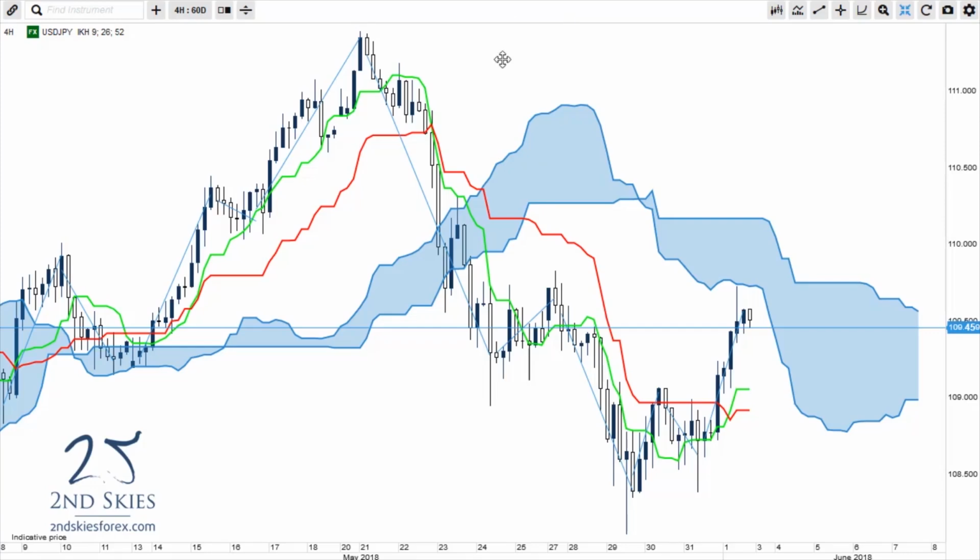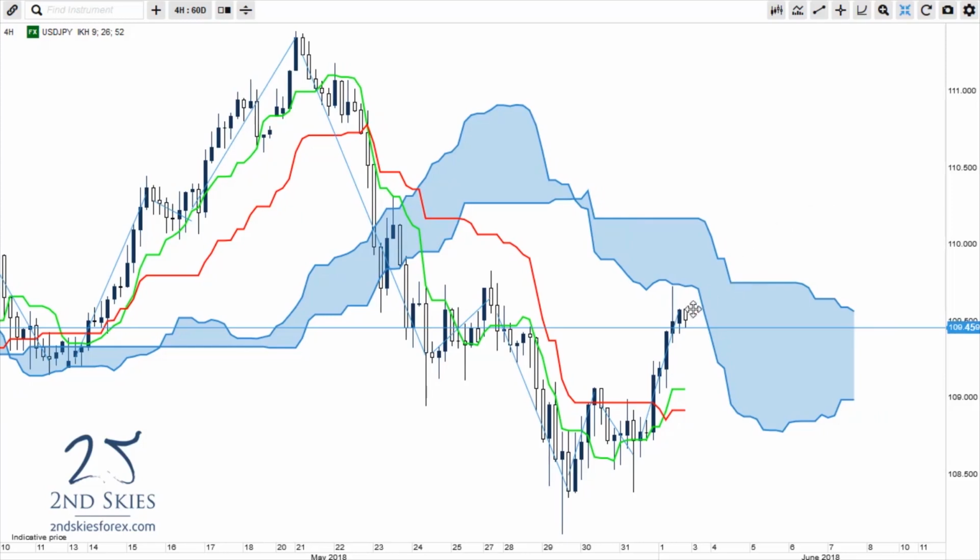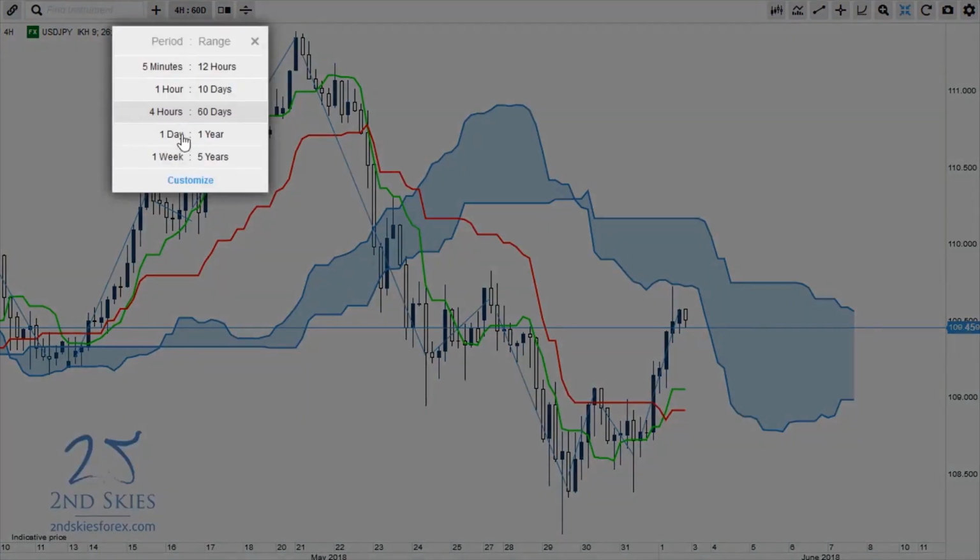Now that's the dollar yen. Real briefly, just giving you some analysis on the dollar yen here. I think it's got a little bit more to go, but I think it's probably going to fail right around this C point here. When I go into the daily time frame,